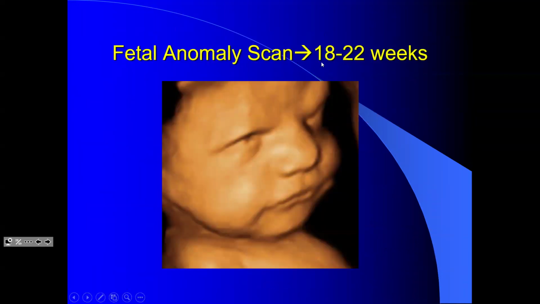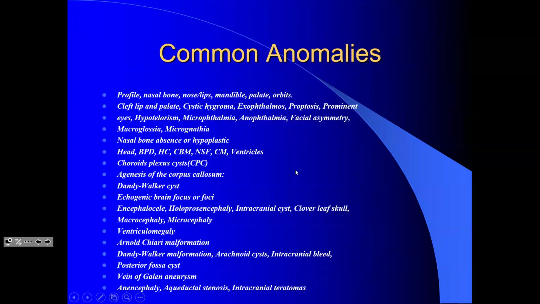In the second trimester, between 18 to 22 weeks, we also do a fetal anomaly scan. Why do we do this? We have to check for any sort of abnormality, so we are ready for whatever the consequences are. These can be fatal anomalies. You see, there's a very long list of this, so you need to keep in mind that you have to check every part of the fetus